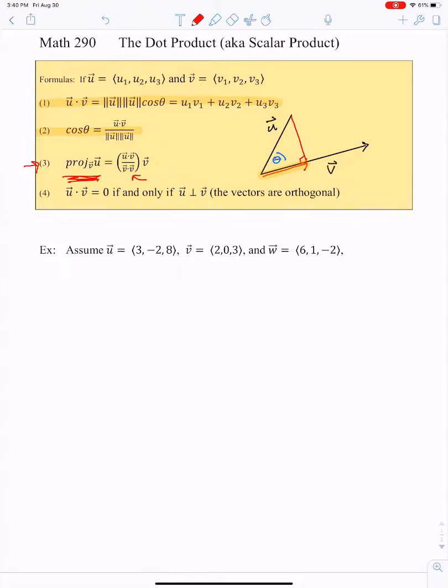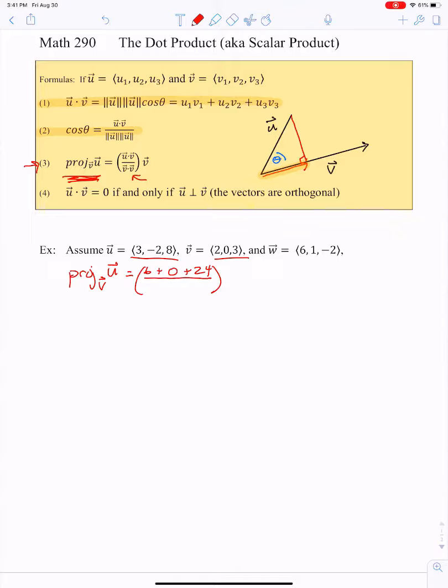And if you look at it closely, you realize that what's in parentheses is just a scalar multiple. It could be more than one or it could be less than one, but it's a scalar multiple of the original vector v. Okay, so let's do that. Let's find the projection of u onto v. So that means we'll have to do u dot v, which is equal to, here's u, and here's v. So we will have 3 times 2, which is 6, plus negative 2 times 0, which is 0, plus 8 times 3, which is 24,